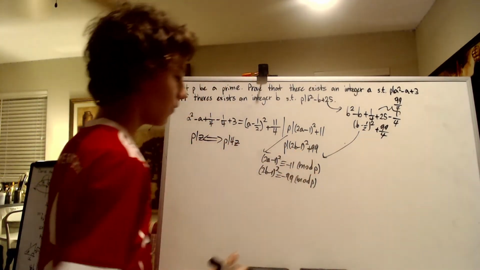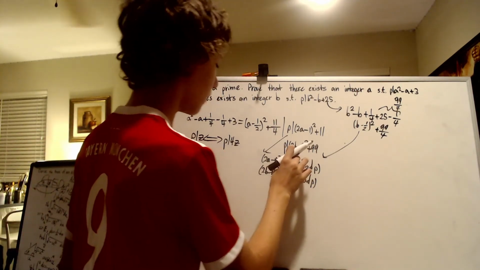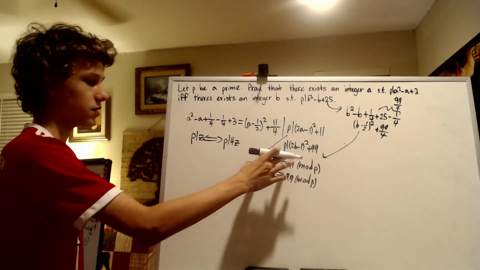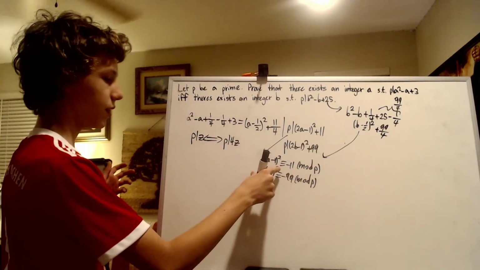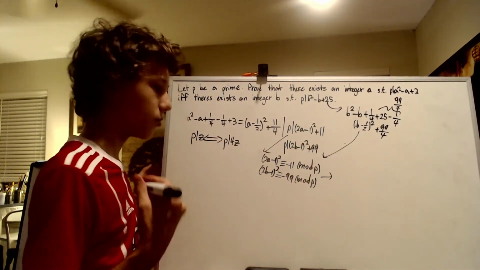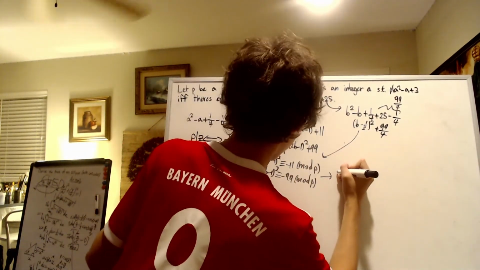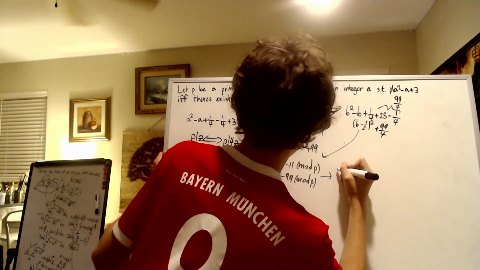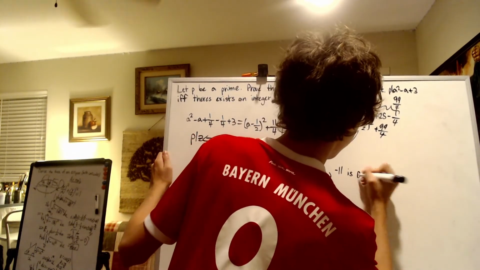Either when −11 is congruent to 0 mod p, or −11 is a quadratic residue mod p, since it's equal to a square. And the same applies to this. So that tells us that our problem has reduced to proving that −11 is 0,